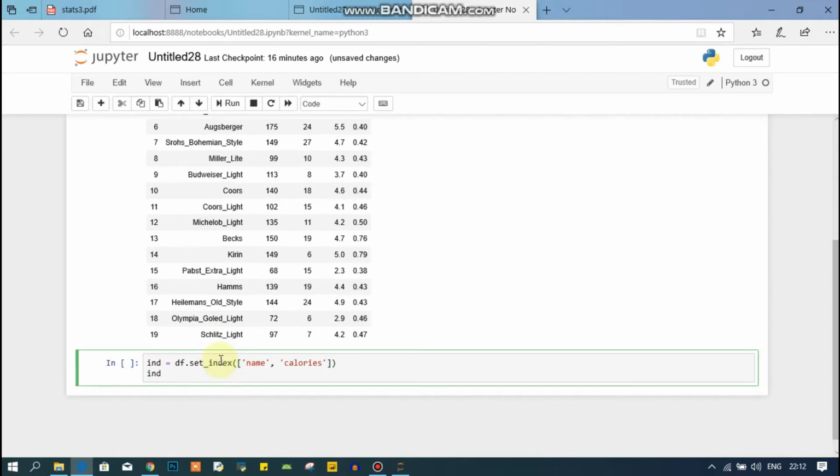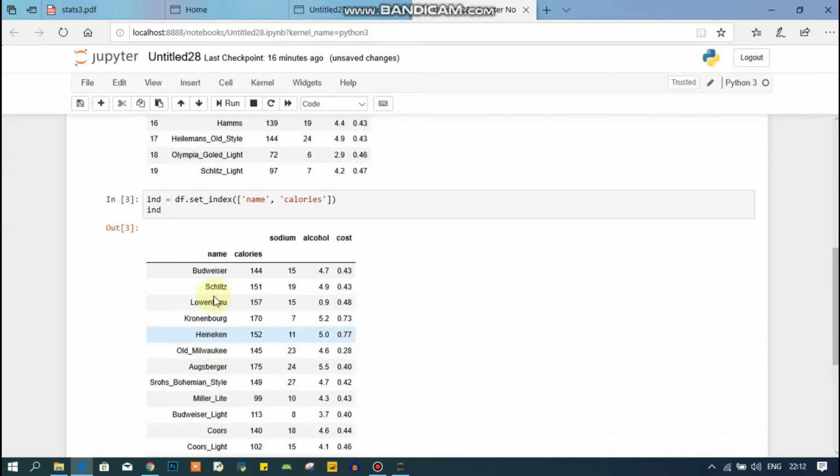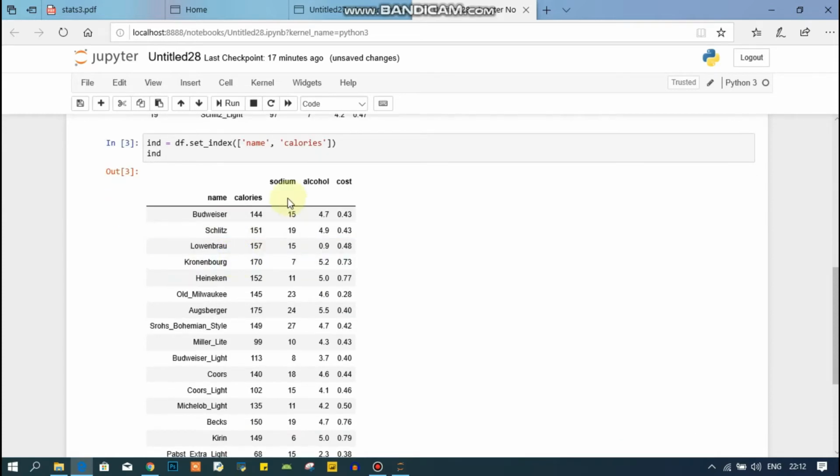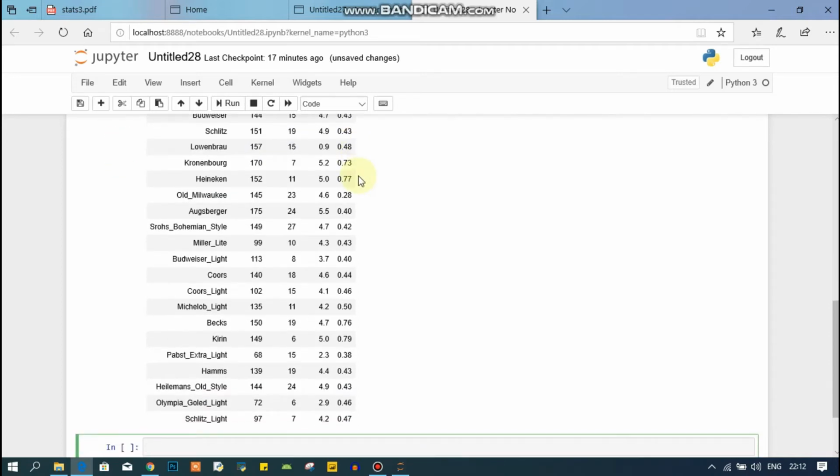Now I'm just going to run this and you will see the result. Here you can see that my name and calories columns have been turned into an index. Now name and calories are no more columns, they're an index now. The rest, sodium, alcohol, and cost, are our columns.